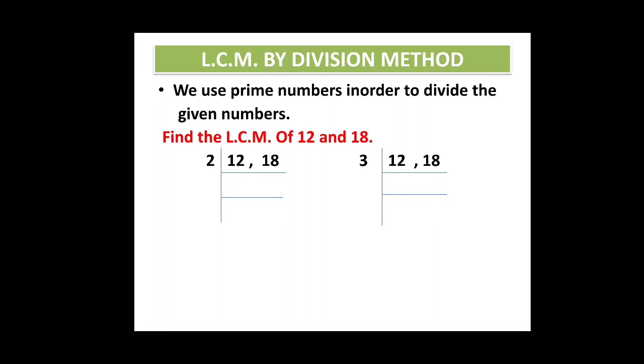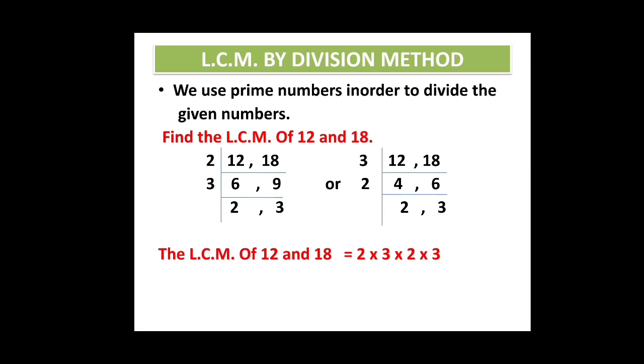So, 2 can divide the 12 to give 6 and 2 can divide the 18 to give 9. 2 sixes are 12, and 2 nines are 18. And here, 3 fours are 12, 3 sixes are 18. So if you divide with different numbers also, you will get the product as the same. Next, 3 twos are 6 and 3 threes are 9. Here 2 twos are 4 and 2 threes are 6. So here you have used 2 for the first one and 3 for the second one. But whenever you take the product of this, you will get the same.